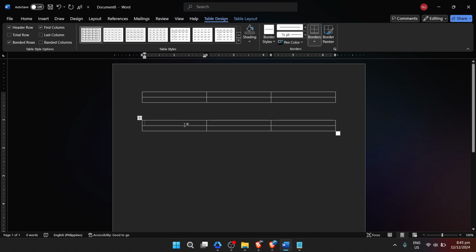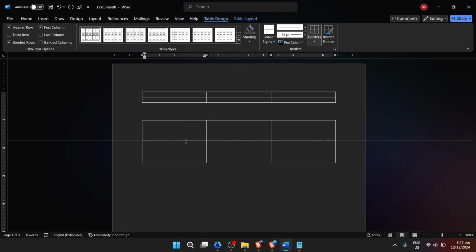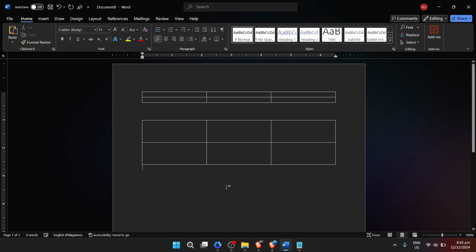However, our job isn't quite done yet. After inserting your table, you may notice the boxes are not the exact size you want. No worries, resizing is straightforward. Hover over the sides or corners of your table until your cursor changes to a double-sided arrow. This indicates you can click and drag to resize your table, and therefore your boxes, to your preferred dimensions. You can make them taller, wider, or adjust their overall size to fit your content needs.